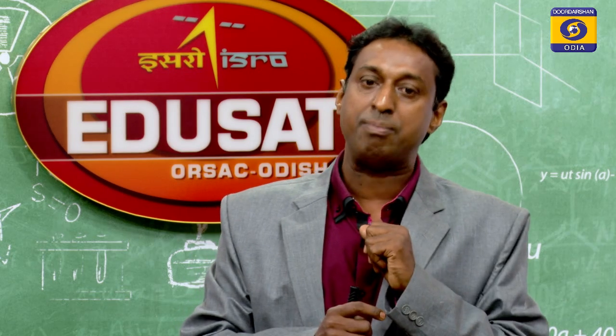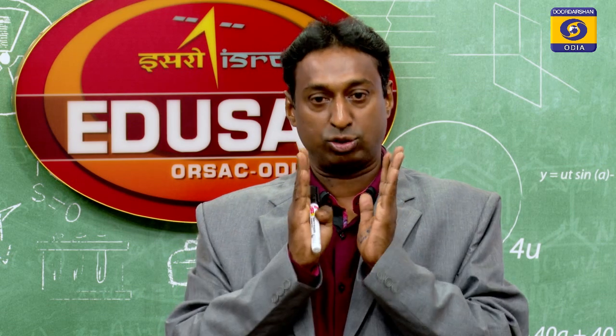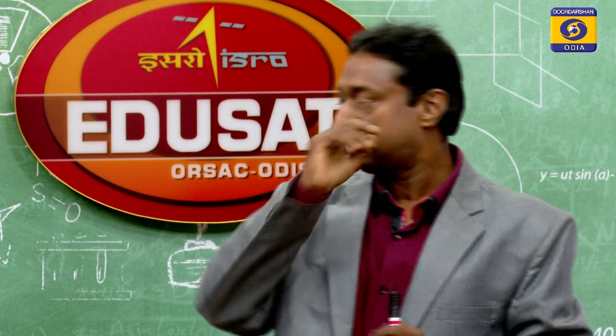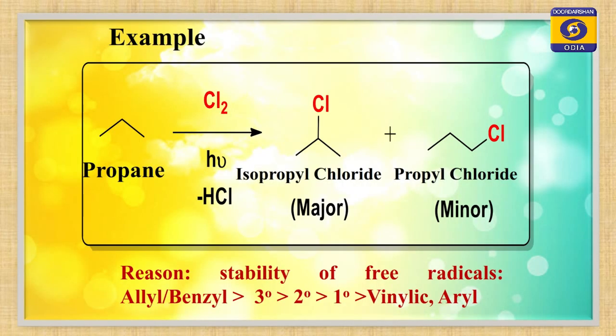One more thing, students, remember that fluorine, chlorine and bromine react in exothermic processes, means there will be evolution of heat, but iodination is very slow, it is endothermic. Let us see the next one, an example of this. I have taken propane, same thing, I have done chlorination, and you get two products. Look at these two products, one is isopropyl chloride and the second one is n-propyl chloride, means the chlorine atom attached to the middle carbon is the major product, the chlorine atom attached to the first carbon is the minor.